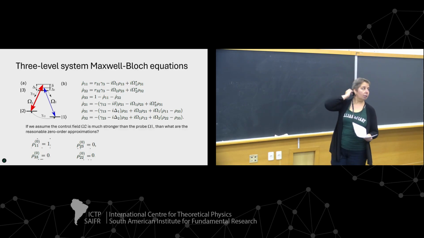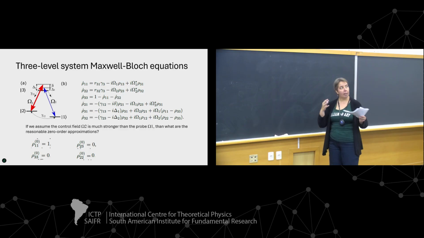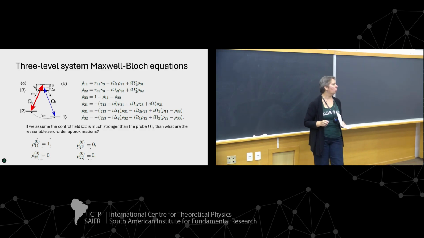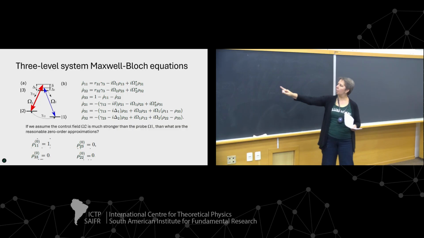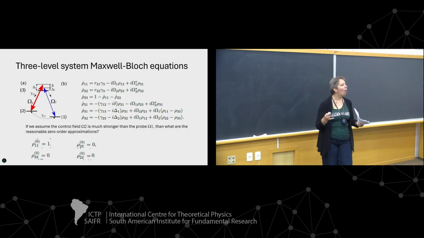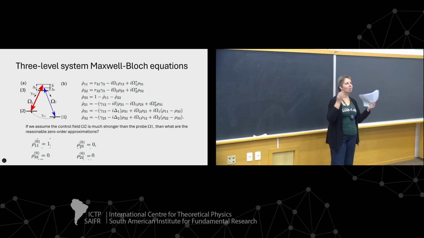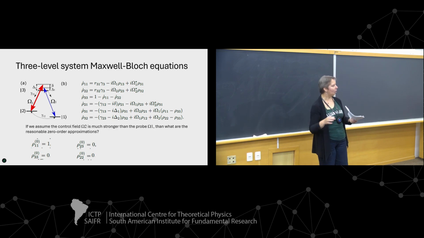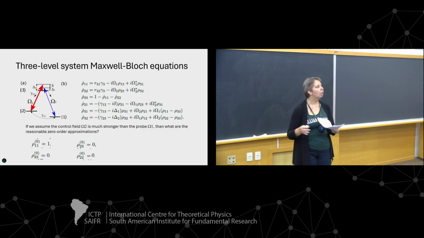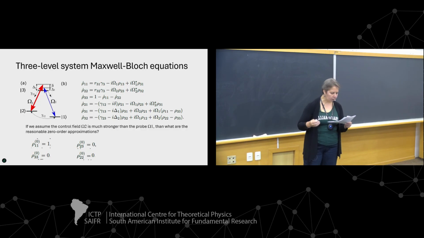On the other hand, we just discussed that we will have the transmission resonance. Remember, all the atoms are going to be in the ground state 1, or in the ground state B in my notation. So you have all these atoms there, and yet you still have no absorption. That's why electromagnetically induced transparency was this cool thing: the atoms are still there, they just happen to be in a quantum superposition which you don't interact with. Okay, so this is one of the